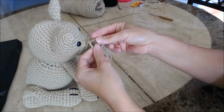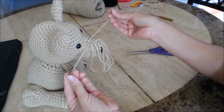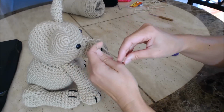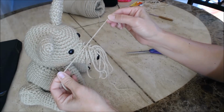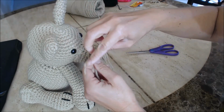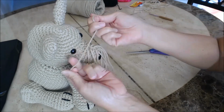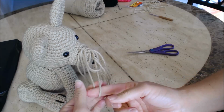Don't tie it too tight. You're just going to loosely tie the knot, because if you pull it too tight, you're going to pull your loops. And then each subsequent knot, you can pull it a little bit tighter. And then I just do one more, and this one you can pull tight, and then just let it hang. And then just take another loop,